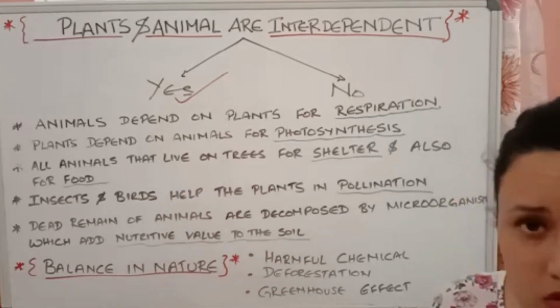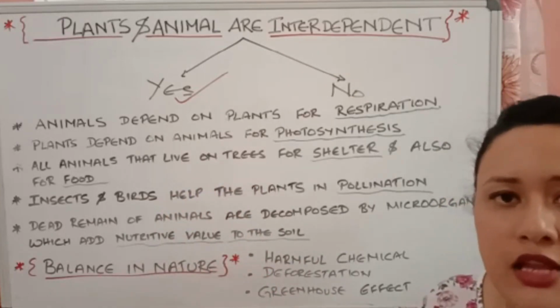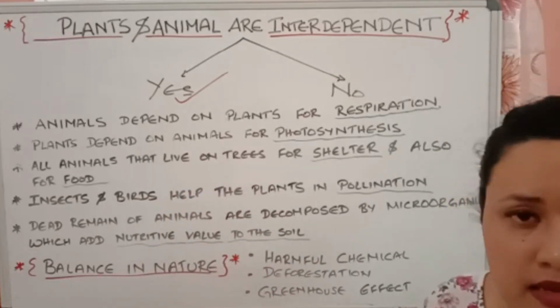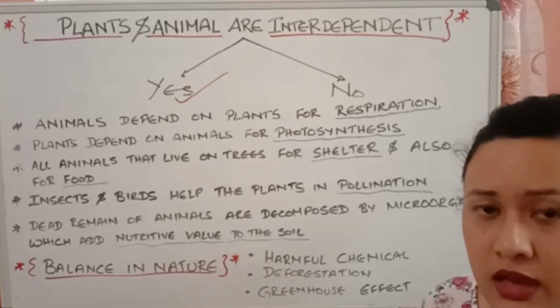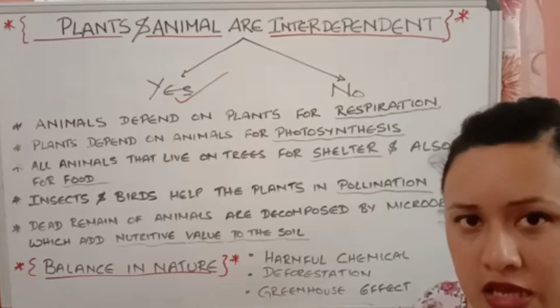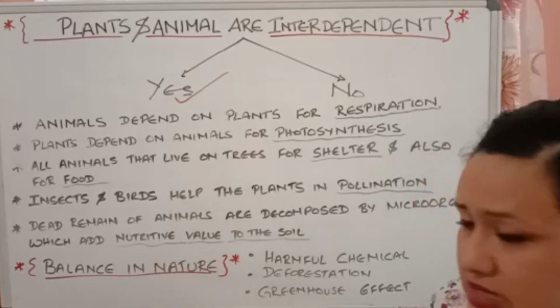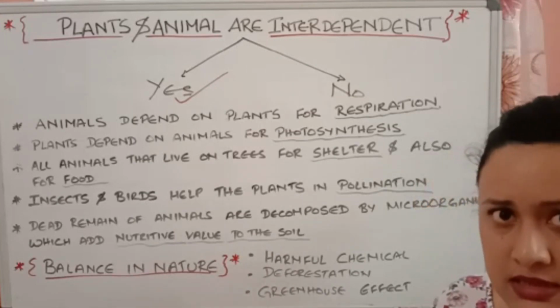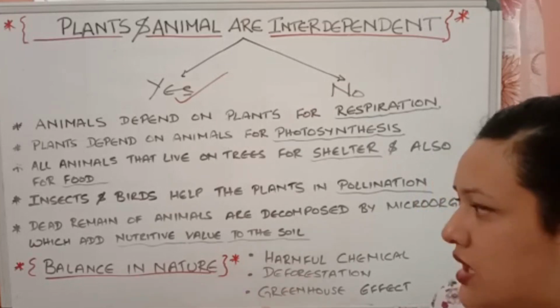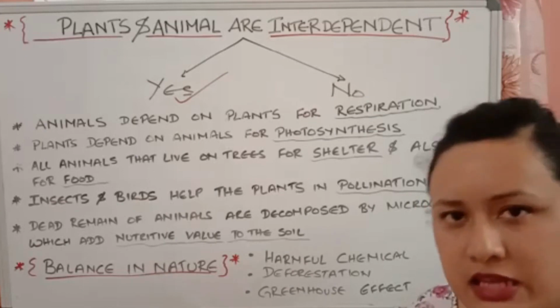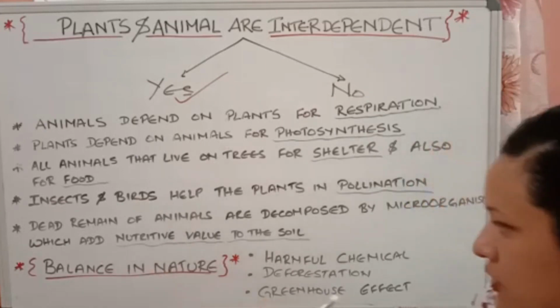Okay, so those are natural balance in nature. That is how they are kept in balance. Both plants and animals, even microorganisms, they help to keep the balance in nature. Not only that, but the human activities that are rising right now disturb the balance in nature. So that we are going to discuss.